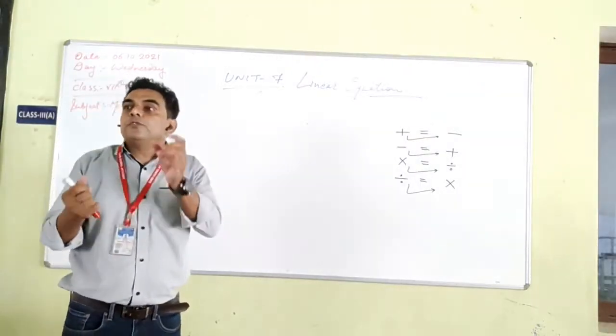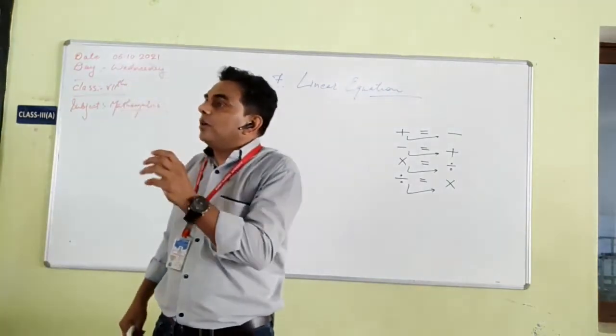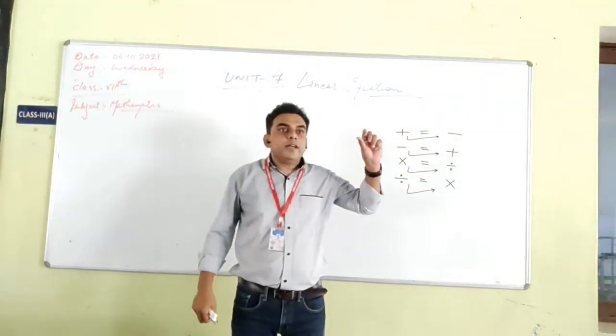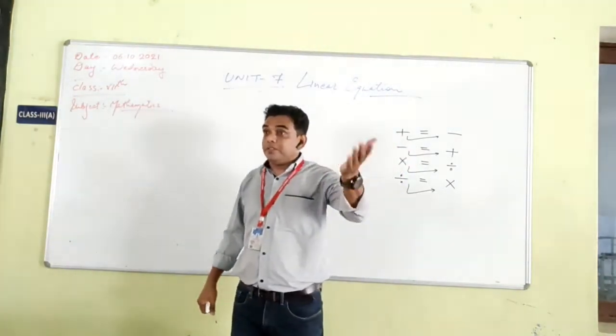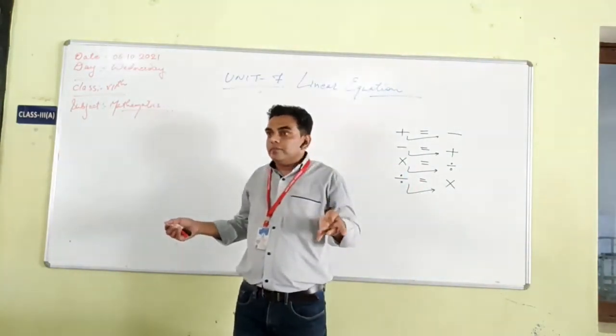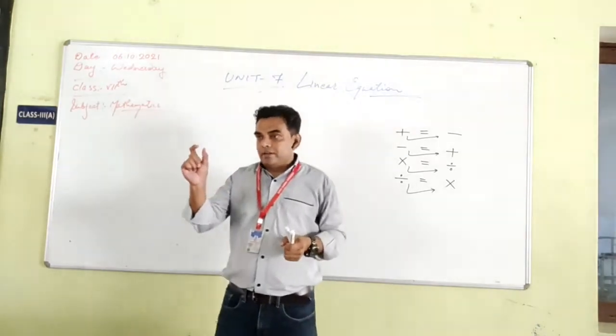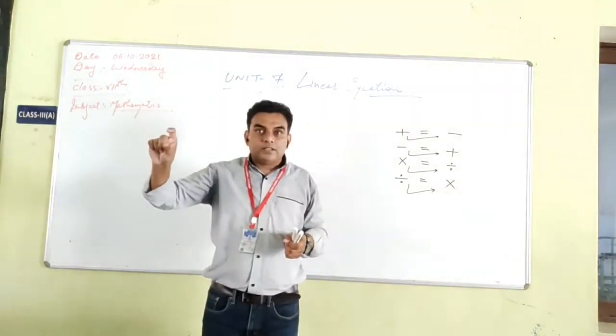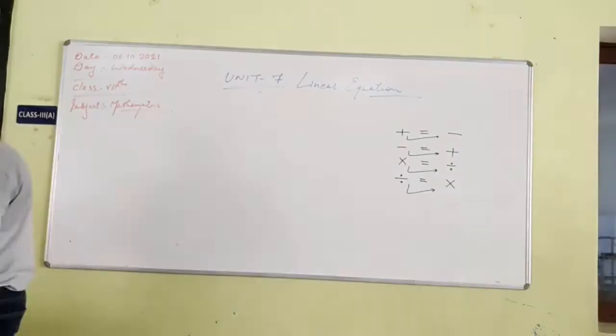First of all, if you want to find an unknown number, that means what? An unknown number, I am going to call it x. Suppose it may be x, suppose it may be y, suppose it may be z, p, l, m. These are the small letters. Okay. In this equation, I am going to write the equation first.